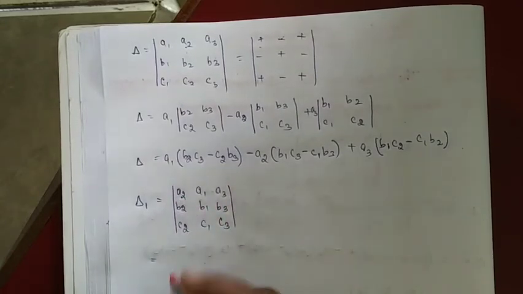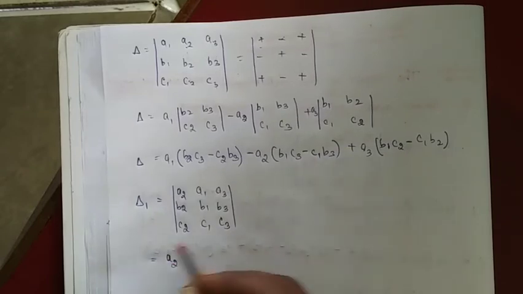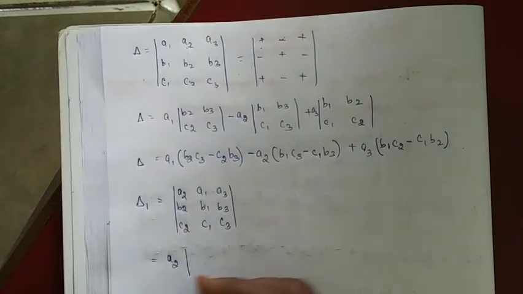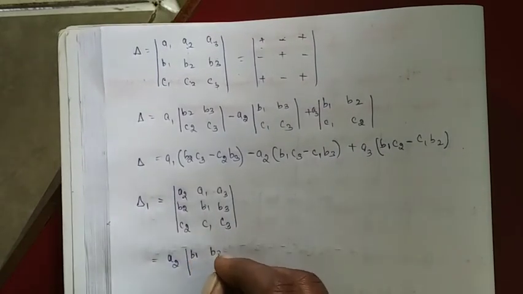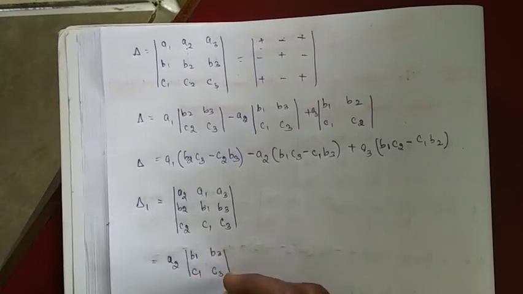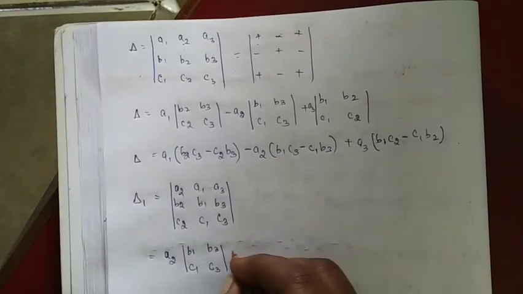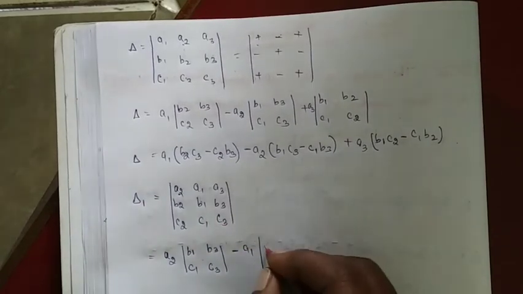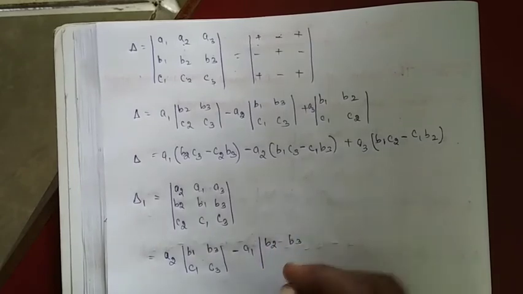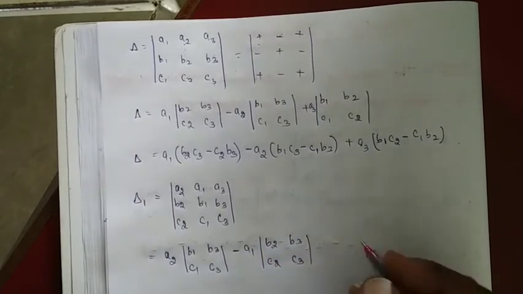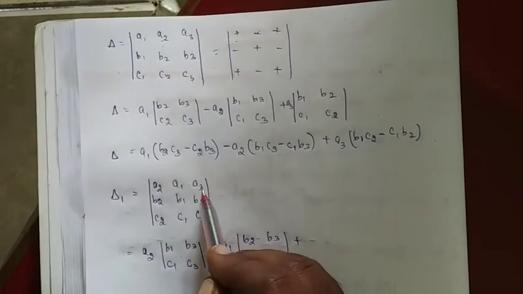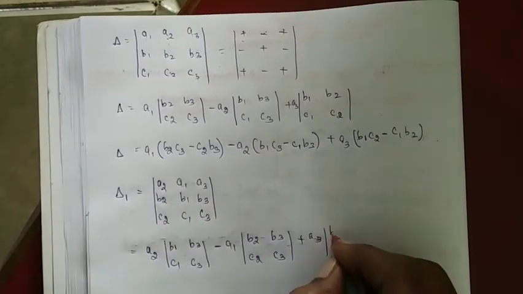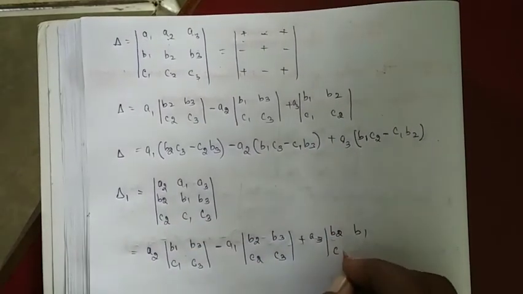Now see here, a2 having plus sign, for the first place it is plus sign here. Now this of remaining things b1, b3, c1, c3. Next, for this place minus sign. Now a1 of next remaining things b2, b3, c2, c3. Next plus, for this place it is plus, a3 let be as such. Now remaining things let us consider b2, b1, c2, c1.